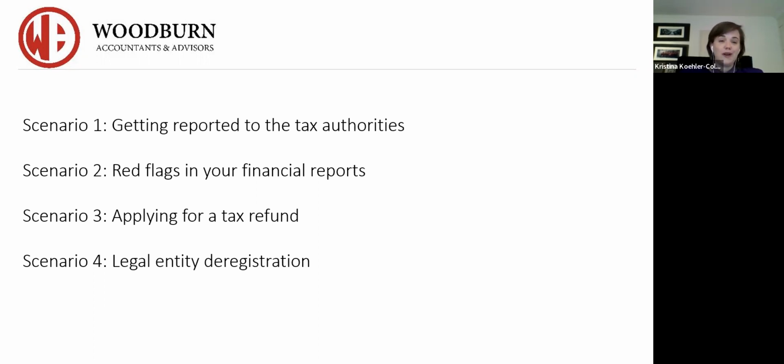Scenario 3 is when you're applying for a tax refund. So, the tax bureaus don't want to give you money back. They definitely don't want to give you their tax funds back. They will wonder why you're applying for tax refunds. Now, tax refunds are not as common as they used to be. Generally now, if you've overpaid, you would get a tax credit, and it would be automatically detected within the system. But if for whatever reason you're doing a separate application for a tax refund, they will investigate you.